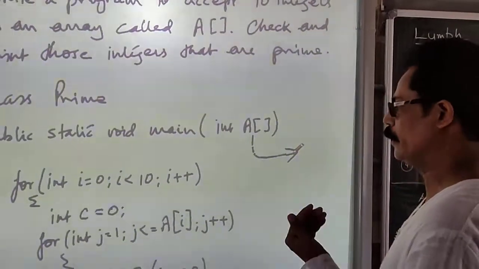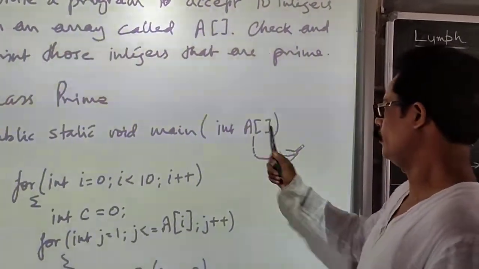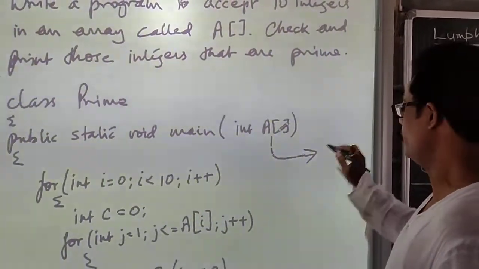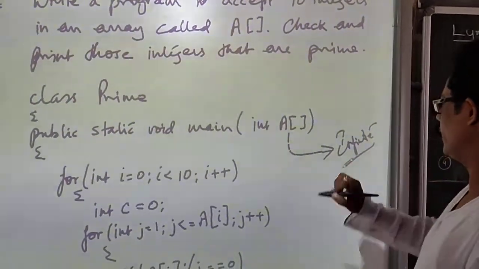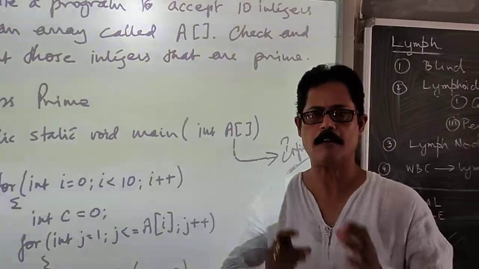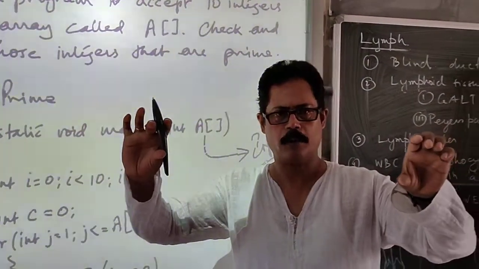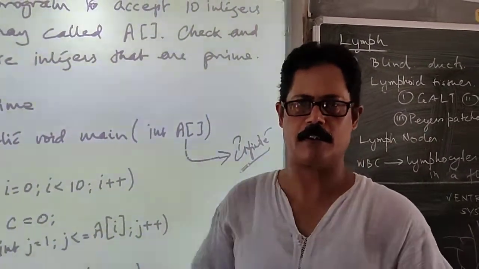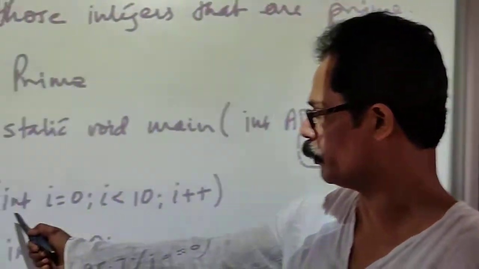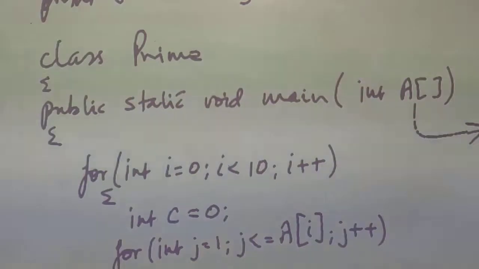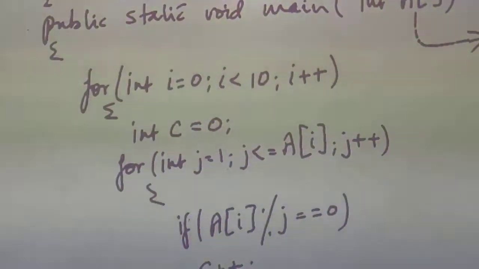As I said, there's a difference over here. When we write A without anything, that means this is an infinite array. It means I have an infinite size, but I am going to store only 10 integers into that particular array. So here I am going to accept it this way. I'll tell you how to accept the values when you execute the program.